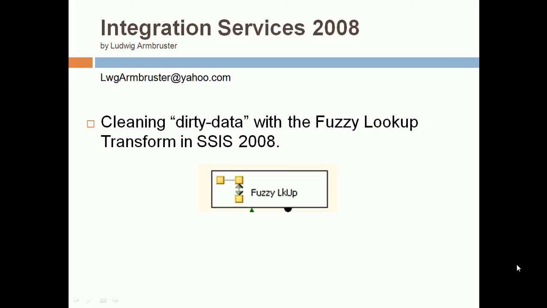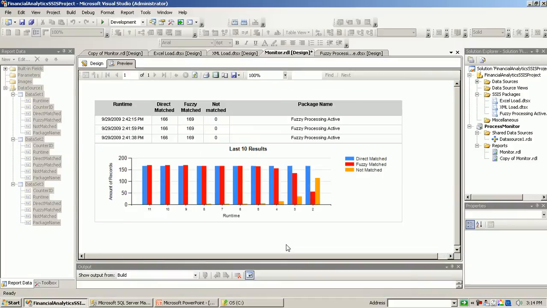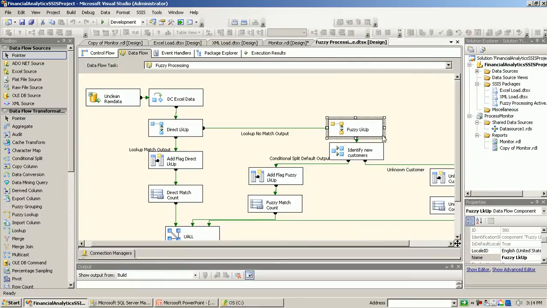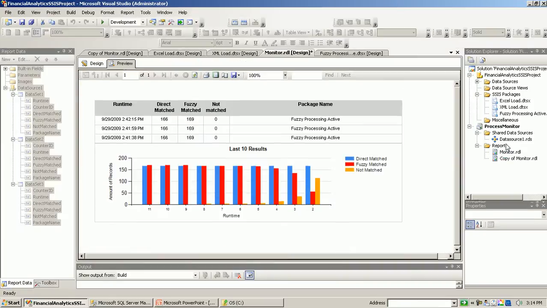My name is Ludwig Armbruster, and this is the fourth video in our series about the fuzzy lookup transform in SSIS 2008. In our last video in that series, we ran the package 10 times and changed the similarity threshold from 90 to 0, and then we looked at the chart here,